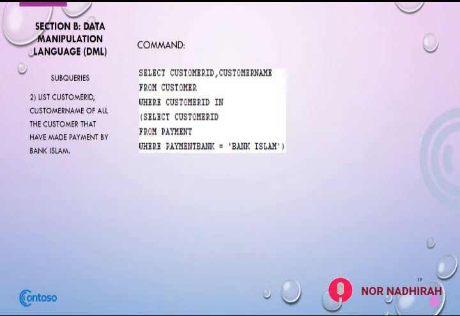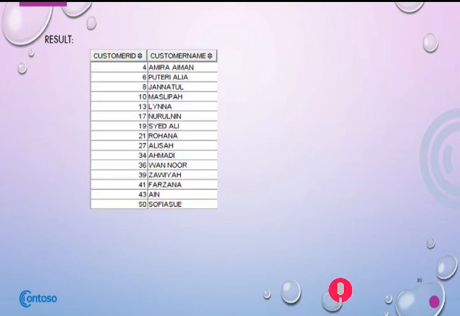The second question is, list the details of customer ID and customer name for all customers that made payment by Bank Islam. So the command is select customer_ID, customer_name from customer, where customer_ID in select customer_ID from payment, where payment_bank equal to Bank Islam. So the output is